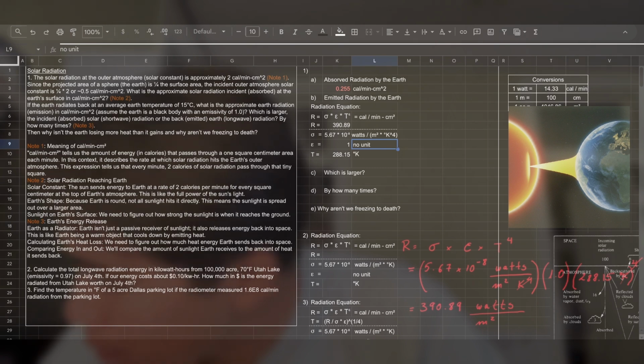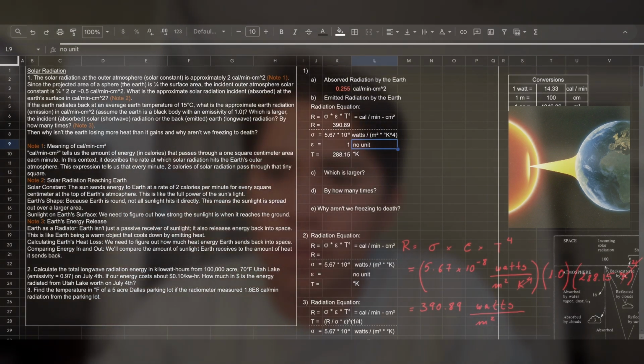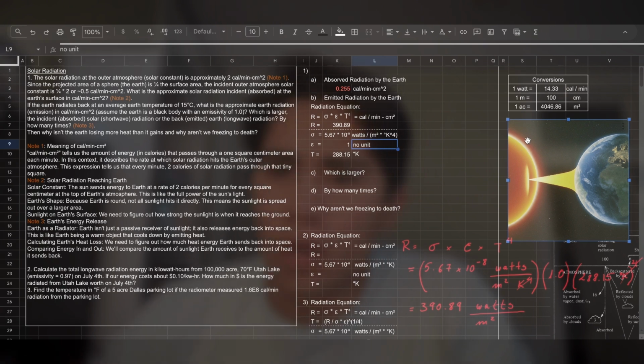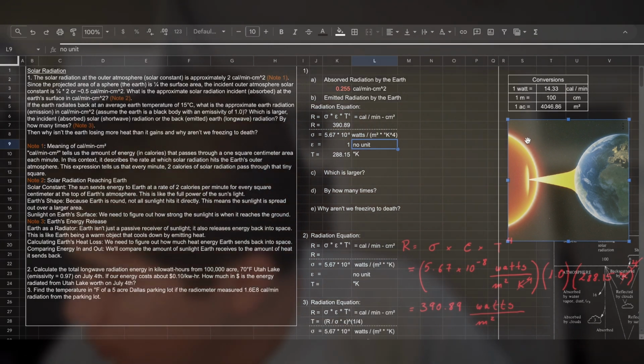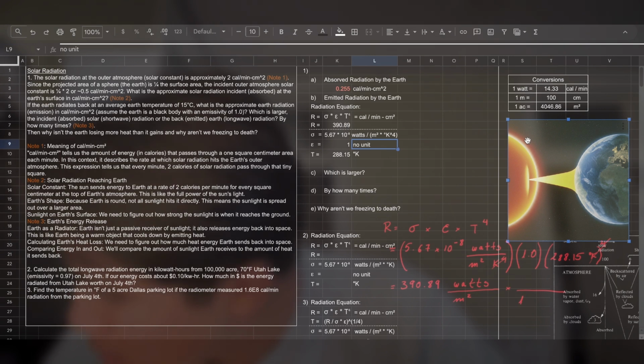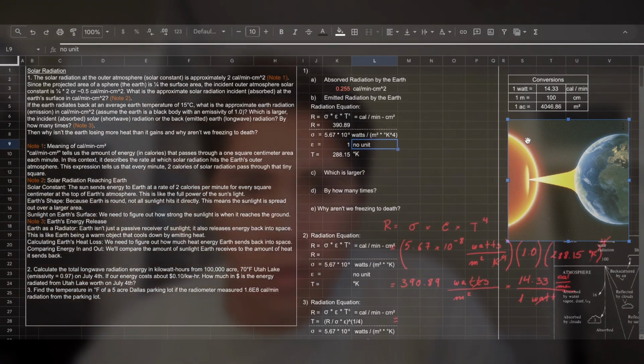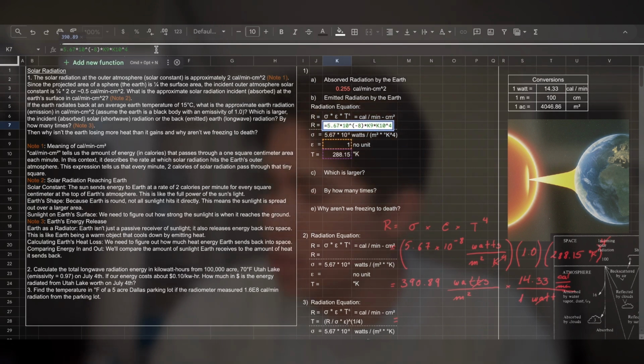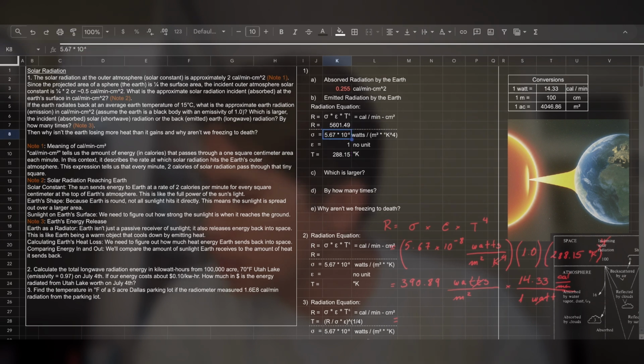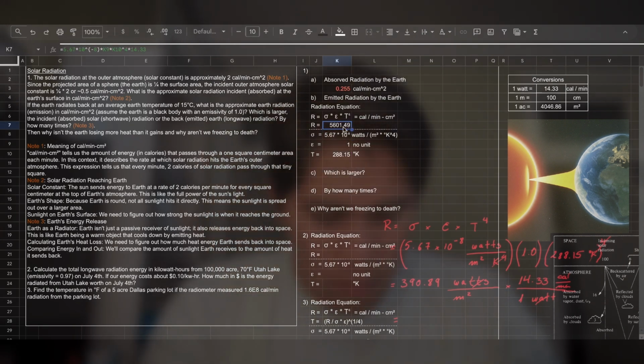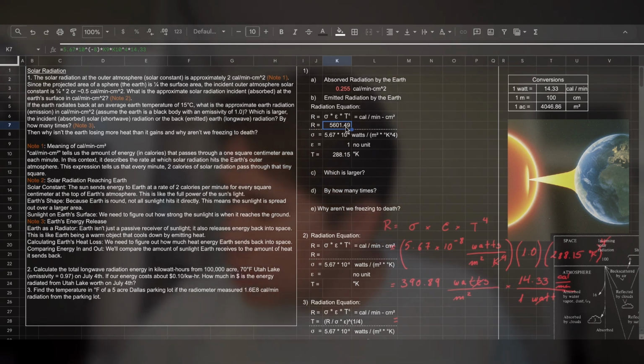Then this Kelvin to the fourth and Kelvin to the fourth, they cancel. So we have watts over a square meter. We know that we have a conversion table here: 1 watt equals 14.33 calories per minute. So this cancels and we get this number times 14.33, and we get